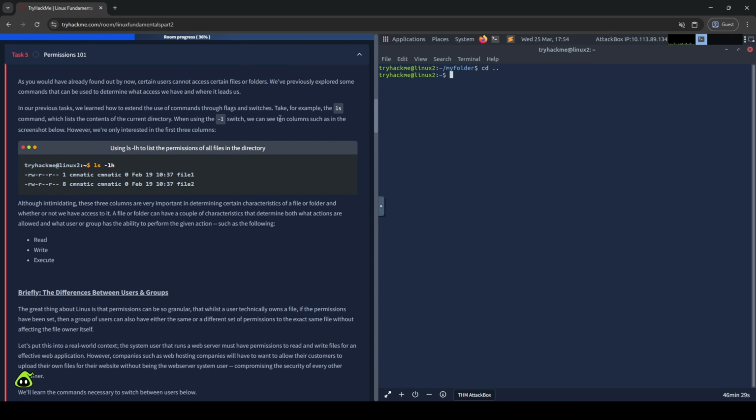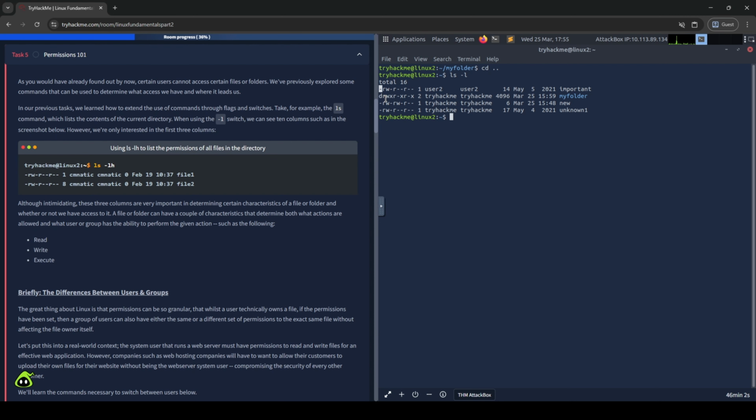If you run something like ls -l, you'll notice the output suddenly gets a lot more detailed, and the first part of each line looks a bit cryptic at first. Something like this. Now, instead of trying to memorize that pattern, break it into 3 groups. The first dash tells you what kind of file it is. So if it is a dash there, it just means it is a regular file.